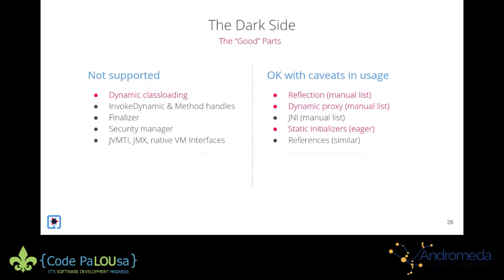Okay, so I've talked about some of the really cool things about Quarkus. There's always a dark side to things. It's not perfect by any stretch of the imagination. So there are some things that aren't supported, and there are some reasons behind that, right? You saw some examples of the really small footprint and how we moved a lot of the optimizations to build time. And because of that, as you can expect, there are some features and functionalities that are typical to a Java development environment and application development that aren't supported with Quarkus.